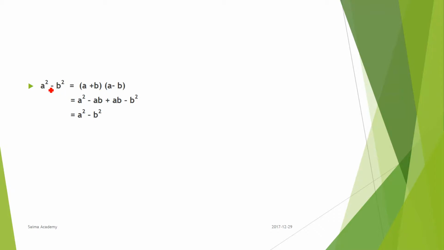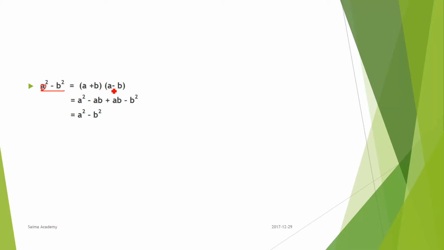So if it is a square, the square of the first one and the square of the second one, you have to write down one time with the plus sign, one time with the negative sign. So simple. If it is a square minus b square, so what is here? This is a. So you have to write down first a plus b multiply by a minus b. One time you have to write down with the positive sign. Second time you have to write down the same thing without the square, with the negative sign.